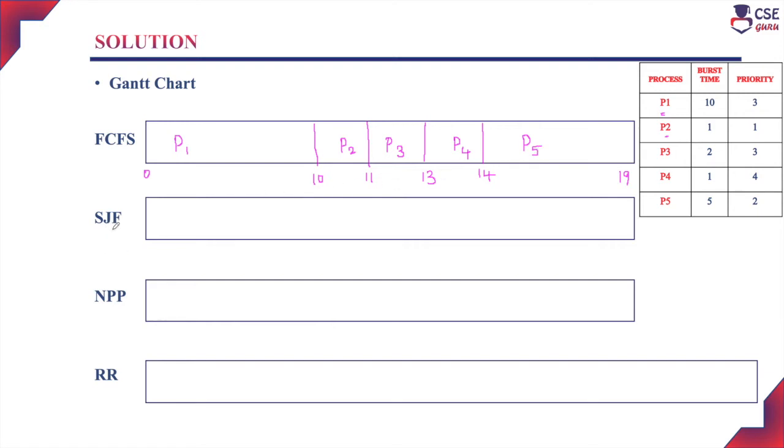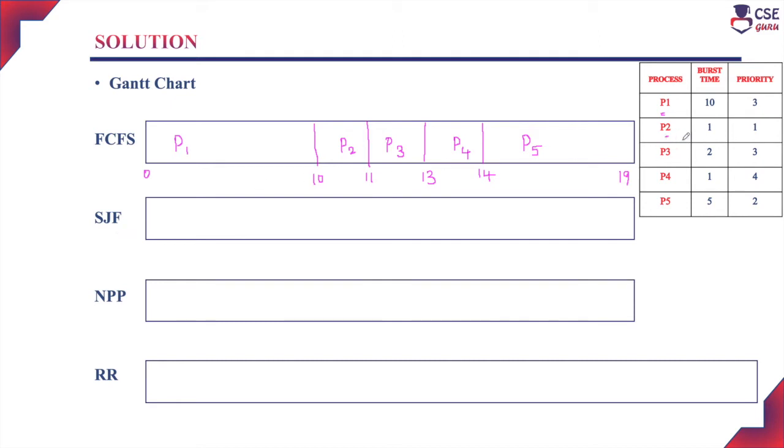Next is the shortest job first algorithm. Shortest job first algorithm is nothing but the process having the least CPU burst time will be assigned to the CPU for execution first. All the processes have entered into the job queue at time 0 milliseconds. So all the processes will be available at 0 milliseconds itself. So now we have to consider which process has the least CPU burst time, that will be allowed to execute with the CPU first in the shortest job first algorithm.